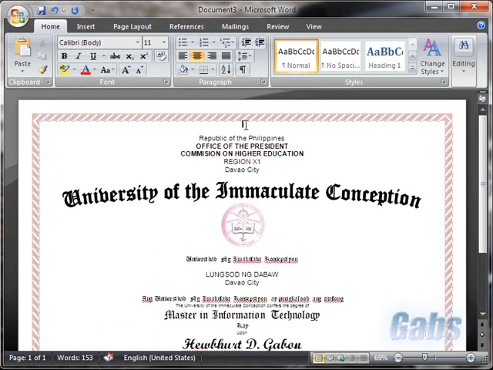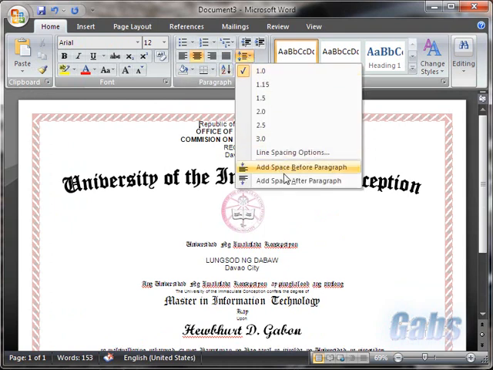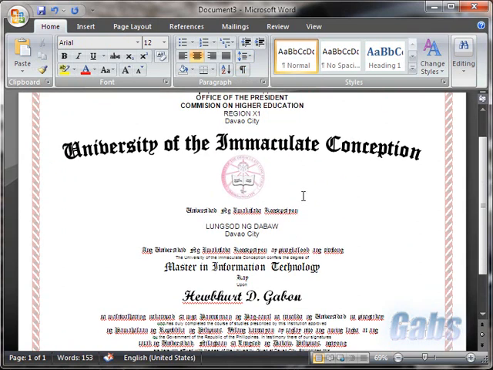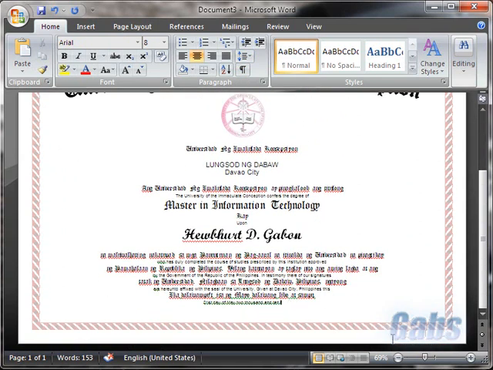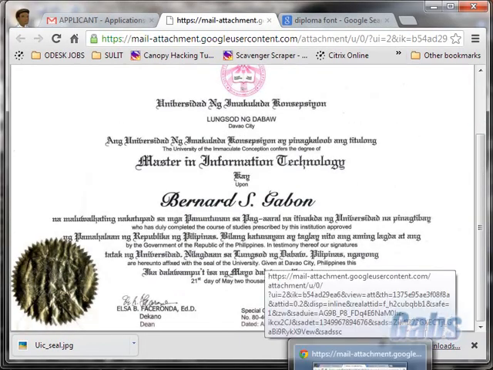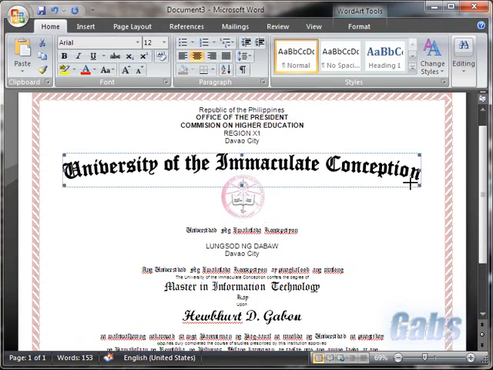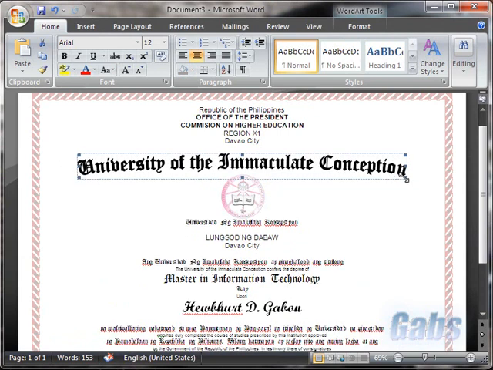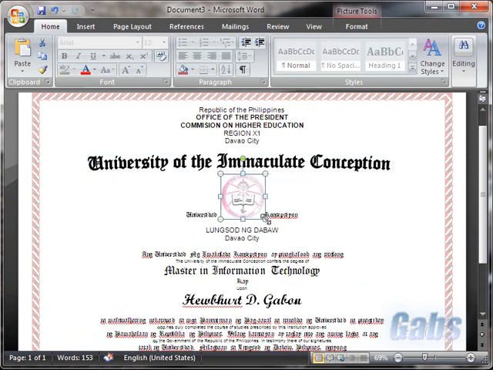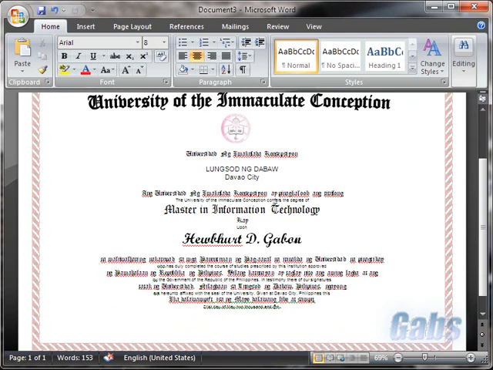Okay, so let me remove this line, and then we'll add space before. There you go. So we don't have enough room for our signatories. Okay, I think I need to change the size of this. Okay, we can have the smaller one. The same is true with the logo. There you go. Okay,